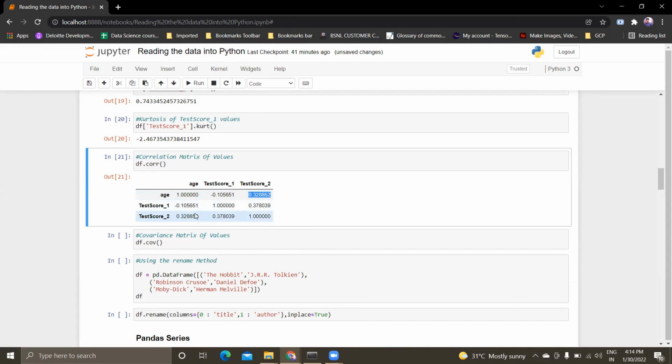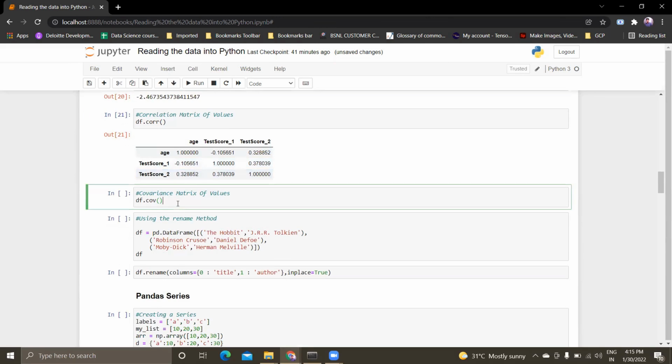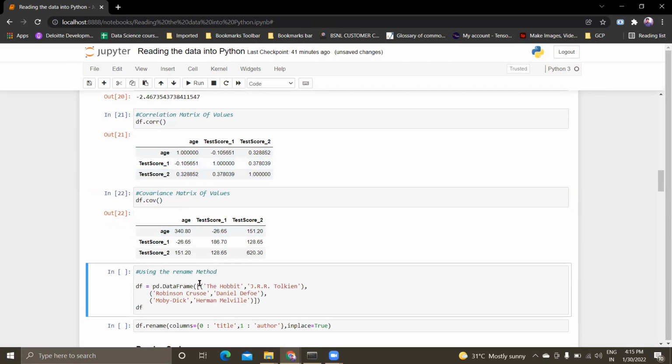You will understand more about this correlation when you actually start with linear regression, or machine learning. You'll get to know how to check correlation, what positive and negative correlation is, when to remove highly correlated values, when to keep all the values, all those things in the linear regression algorithm. There we will understand correlation in and out. And again, the covariance of a matrix, this also you will come to know on the linear regression side.